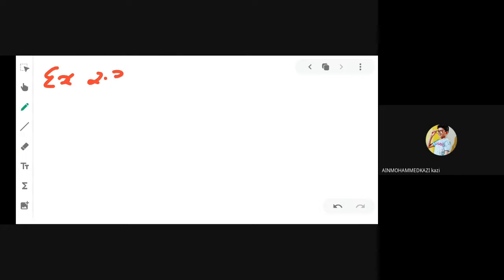Okay, now exercise 2.3. Question number 1. Exercise 2.3 is also a simple exercise in which we are solving questions with variables on two sides. In exercise 2.1, we solved questions with the variable on only one side and numbers on the other side. But now in exercise 2.3, we have the variable on both sides. So we first take the variable to the left side and numbers to the right side, and then we can solve this question.